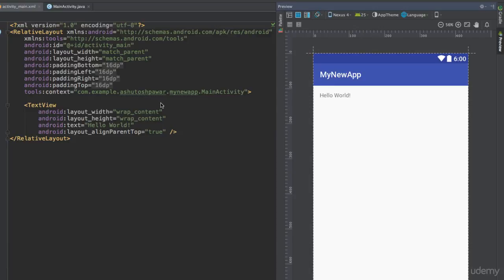The main point here was to understand this XML code right here. As I mentioned, this is called a layout because elements are laid out on this particular layout. Now you have to specify what kind of layout you want to use for your application. As you could see from this tag, this is a relative layout, and a relative layout is a layout which places the elements relative to each other. As you could see, the relative layout tags